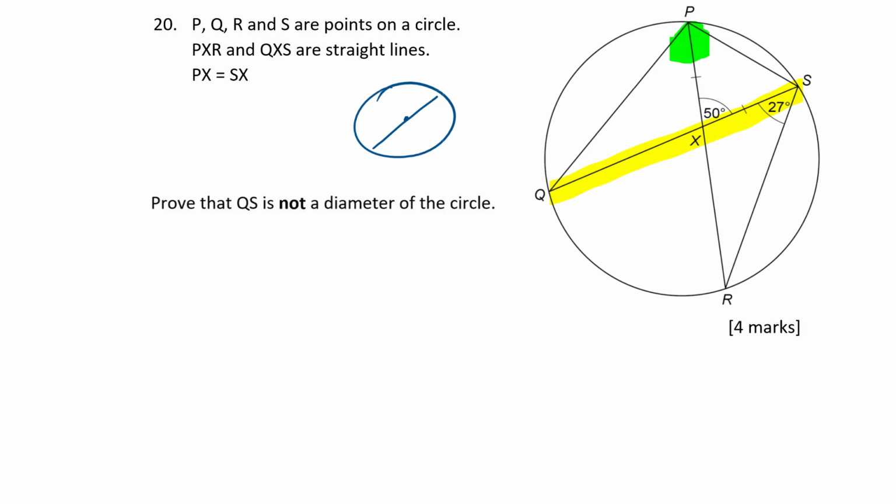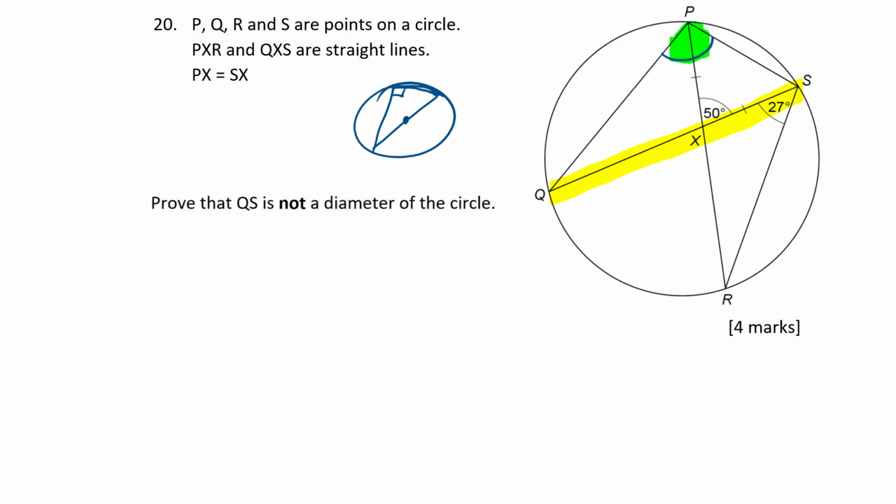Okay, just to make that super clear, if I have got an origin, a diameter passing through the origin, and I draw an angle off of it, that one will always be a right angle. So if I find that QPS, this angle up here, isn't a right angle, then that cannot be the case, and therefore QS is not a diameter. Okay, so that's my plan of action. I'm going to find